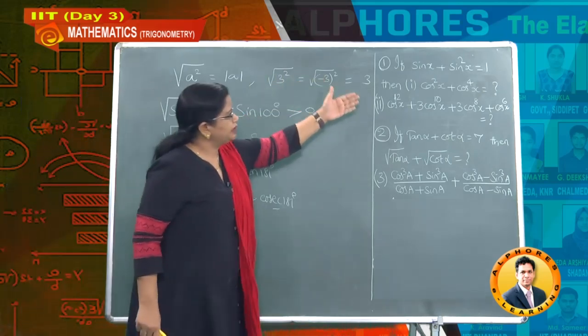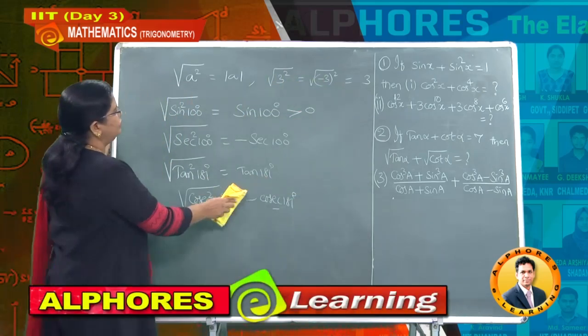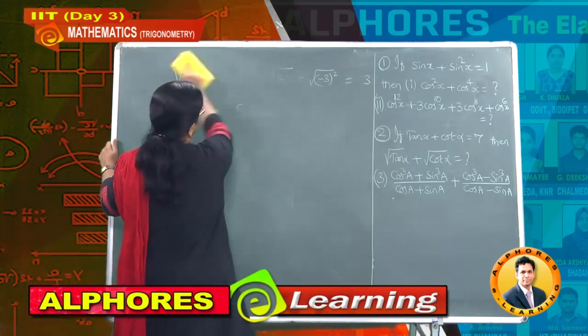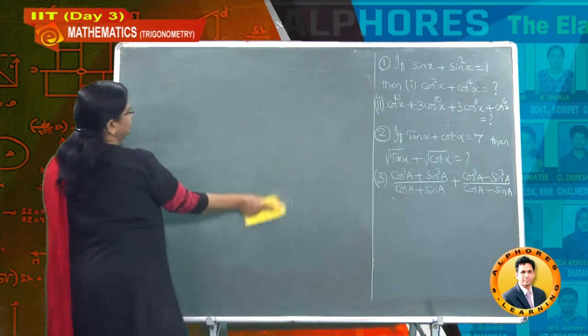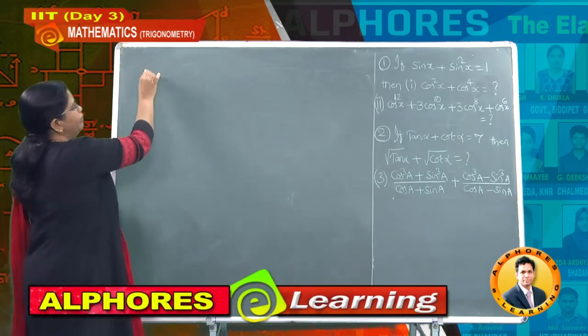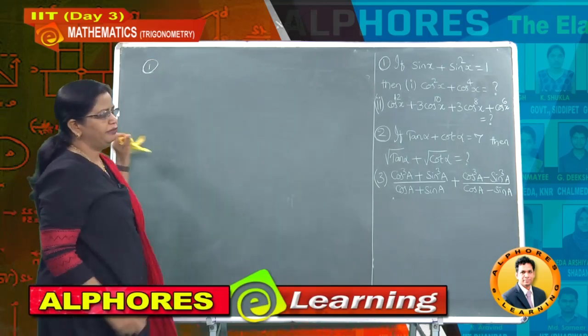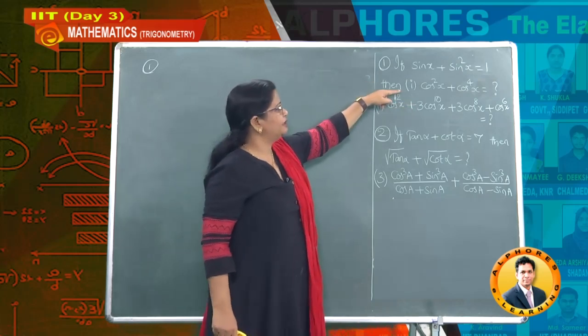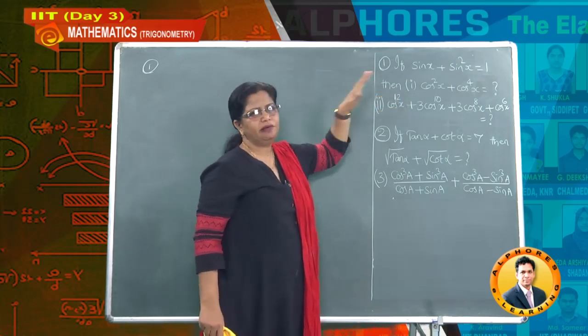Have a glance at these problems, dear students. Let us solve one by one. Some problems basically need direct substitution, whereas some problems we have to do by the direct method. Let us have a glance at the first problem. In the first problem, the given condition is sin x plus sin square x is 1, whereas the question they asked is in terms of cosine values.